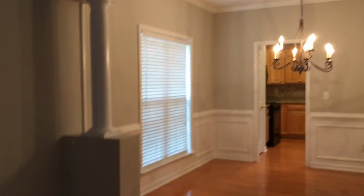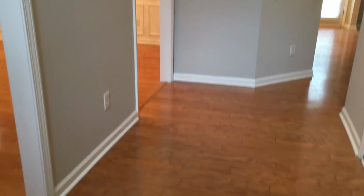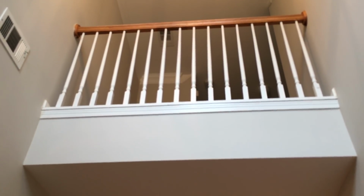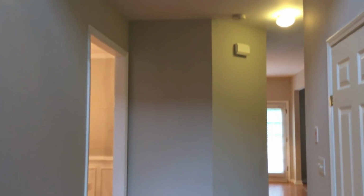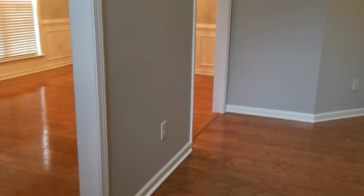I'm gonna try to just get a little light in here, you guys, as much as I can. It is very cloudy, but we'll work it out. So this is the new entryway. It's a two-story entryway, which is pretty nice. The one thing is we do not have a mudroom. So this entryway